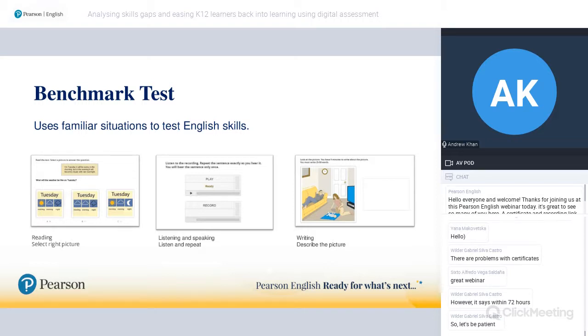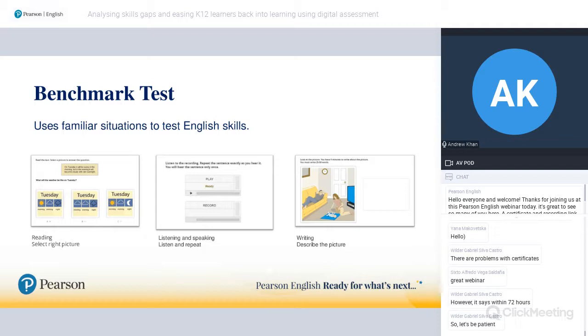And of course, as it reports on the CFR and the GSE, it's also course agnostic. So you can use any book or design your own course, you'll still get accurate results and be able to see progress. Even better, because these are computer scored tests, now the results come back within an hour. So all of that really powerful information coming back to you almost instantly. So very, very unlike those traditional labor-intensive tests.